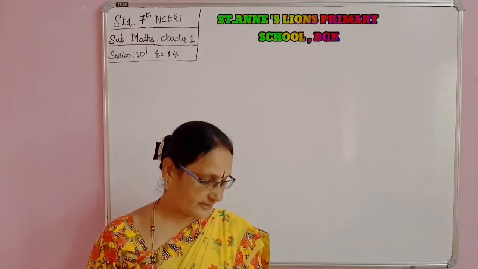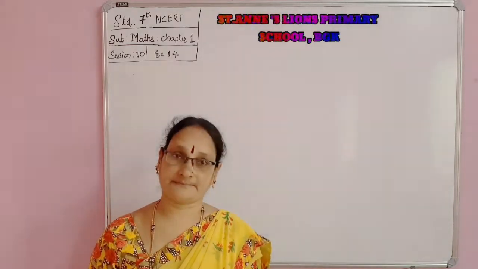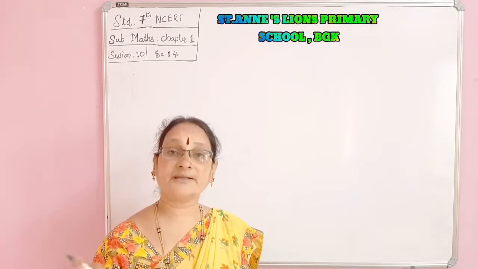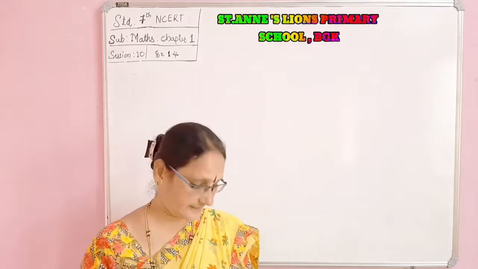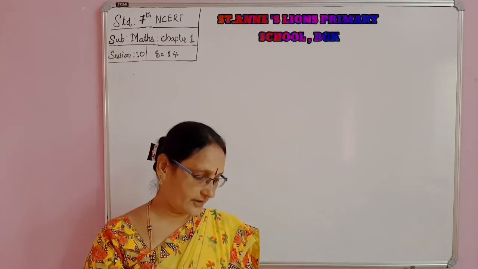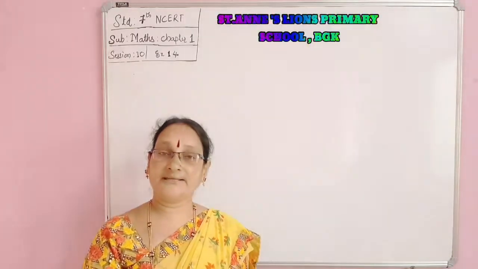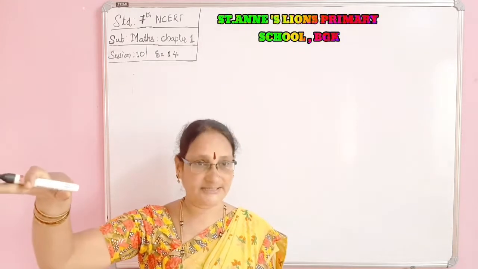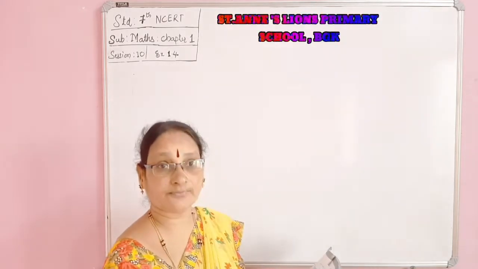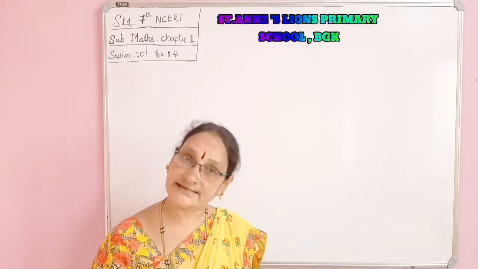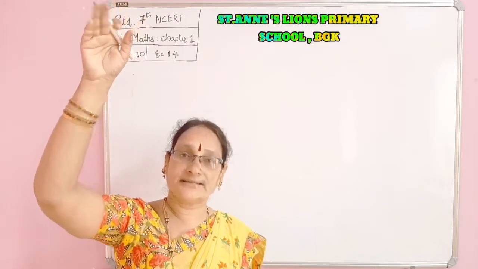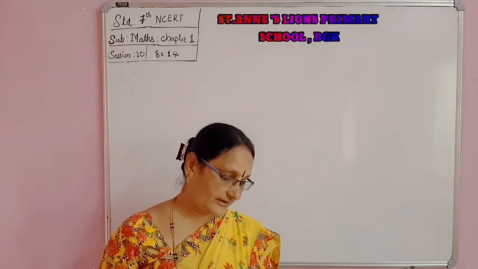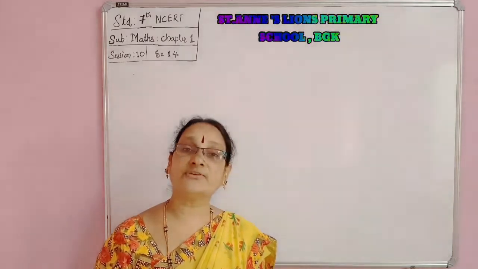An elevator descends into a mine shaft at the rate of 6 meters per minute. That elevator goes into the ground 6 meters per minute. For 1 minute, 6 meters it goes. If the descent starts from 10 meters above the ground, suppose now it is here, 10 meters. From here it starts going down. Going down means counting is negative. Going up is positive. So keep it in mind. 10 meters above the ground level. How long will it take to reach minus 350 meters?